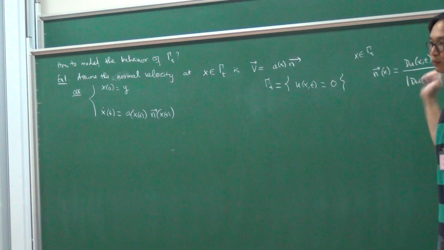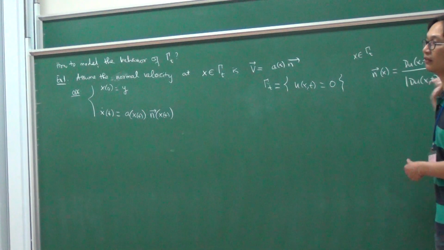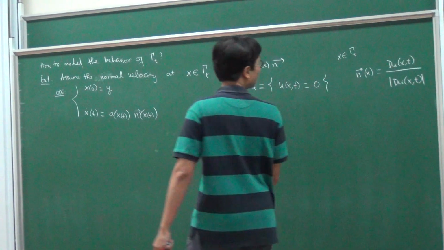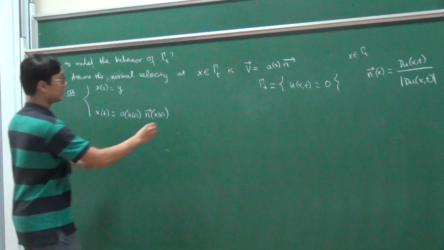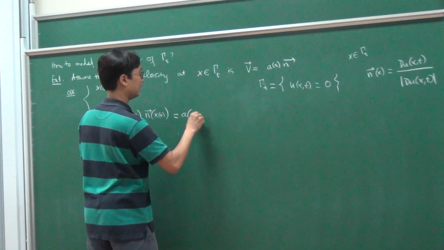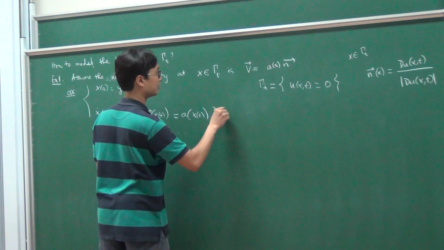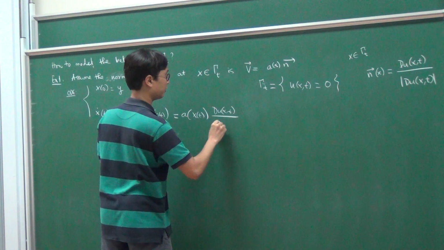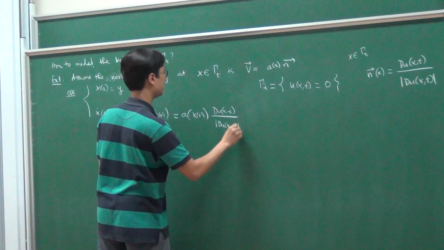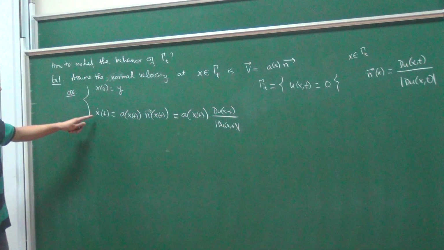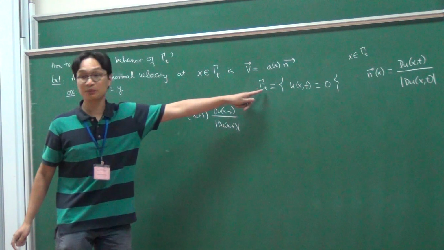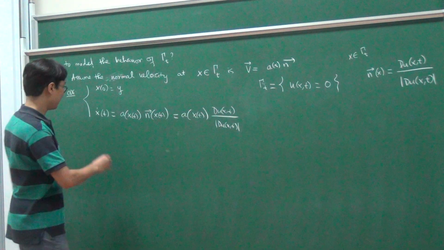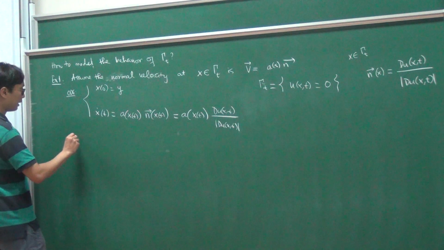Okay, I'll assume it's smooth, nothing is degenerate, assume anything you want. Okay, so I have that. So that means I can write this one as a(x,t) times Du(x,t) over |Du(x,t)|. That's something like that. Now looking back at my motion, the x(t) always stays in the level set of Gamma_t. So what does that mean? That means I have